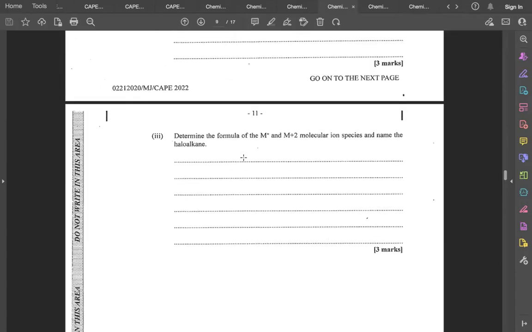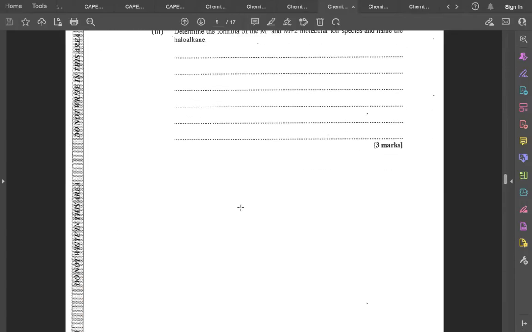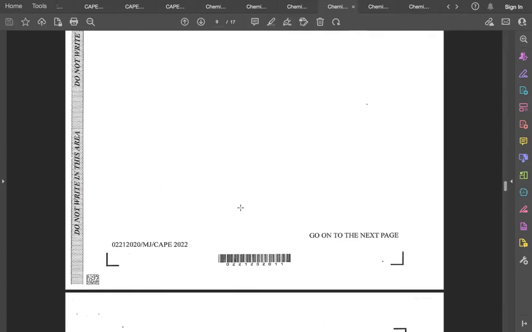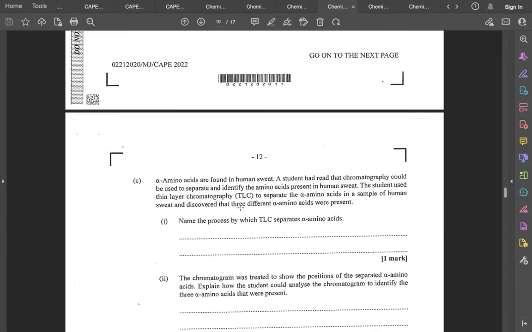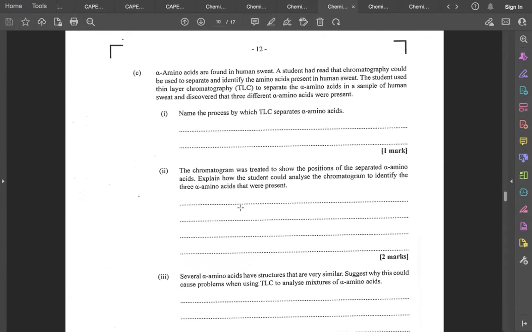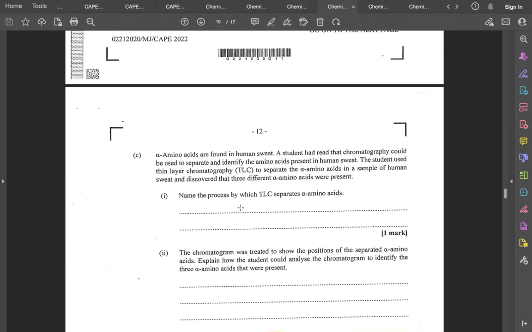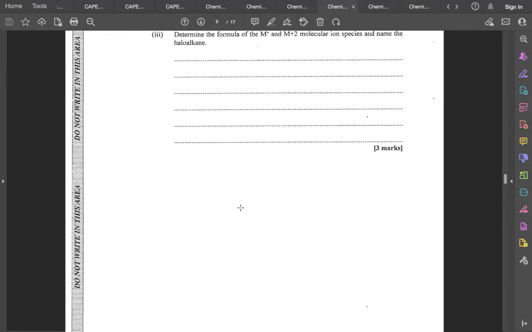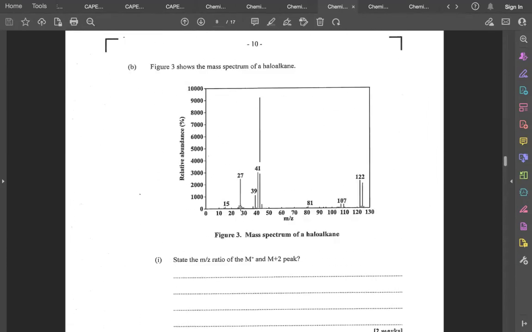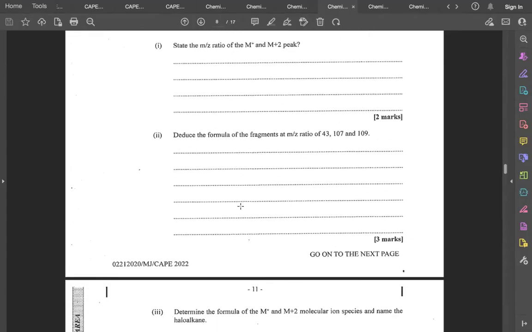And then I think it should be good, but I would say nothing beats more practice, right? So definitely go ahead and practice some more mass spec questions from past papers and get comfortable with the type of spectrums that CAPE gives, okay? So that's what I would say. But if you were able to follow clearly what we just did, I think you should have a solid understanding of how to